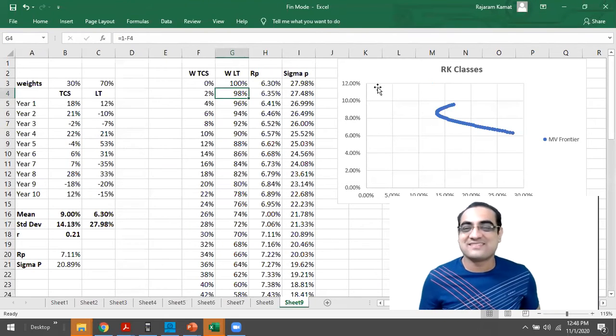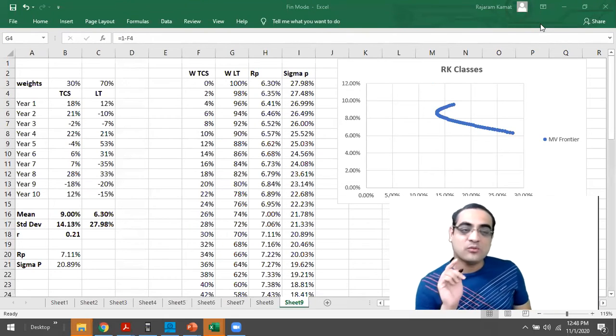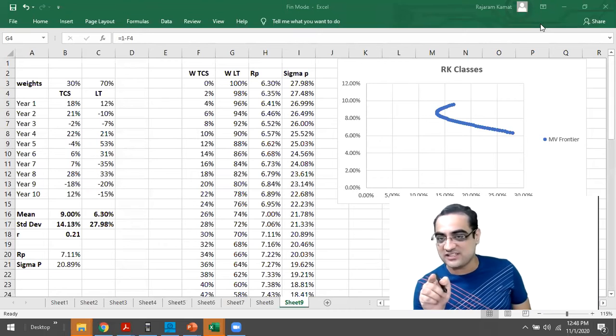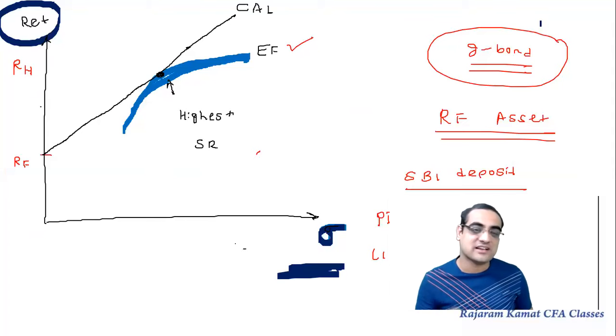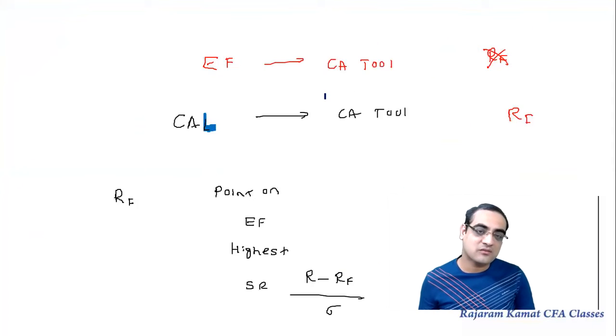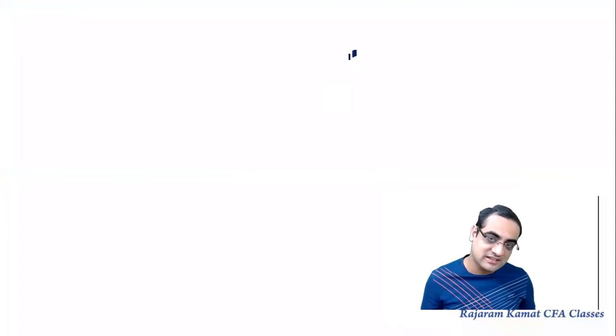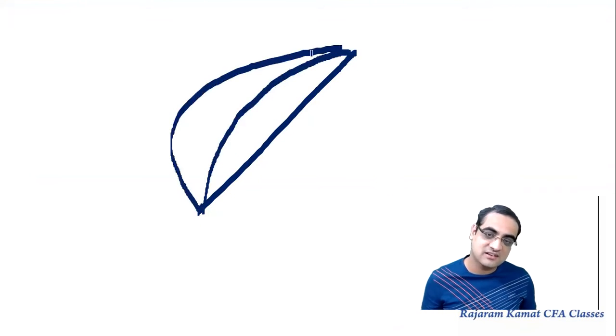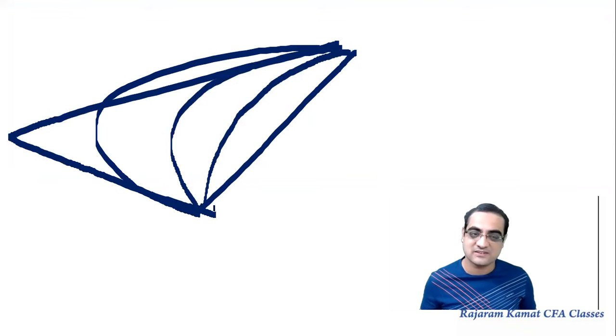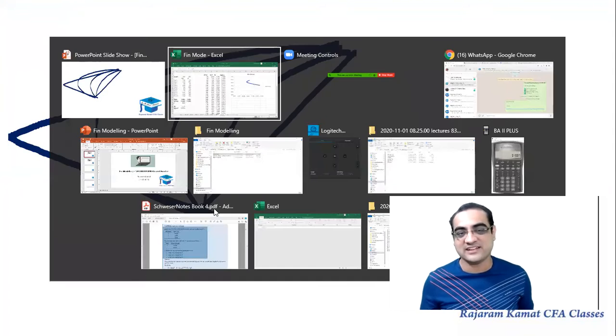All right, good. Okay, so we got this graph. Now I would want you to see how this graph changes as the correlation changes. I hope you recollect that if the correlation was +1, then the graph is like this. And if the correlation reduces from +1, then the graph bends like this, like this, like this. And when the correlation becomes -1, then the graph becomes like this. Okay, so let's see whether that is happening or not.